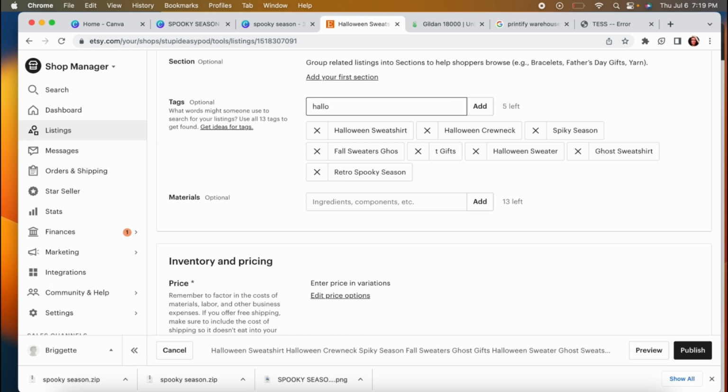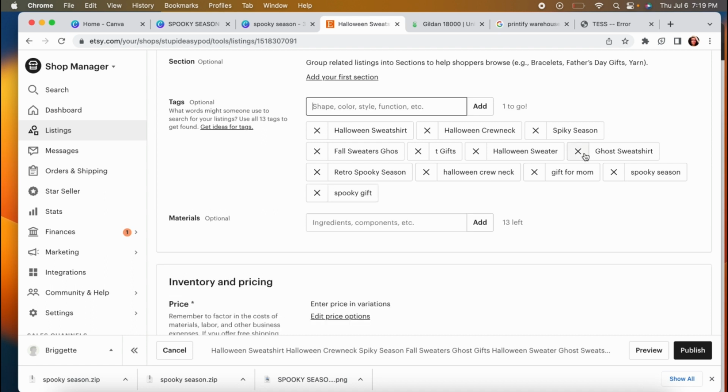Or, for example, you have a sweatshirt, but you can also add crew neck or sweaters, other variations of the item, like a gift for mom, spooky season, or any other thing that relates to what you are already selling. Spooky gifts,